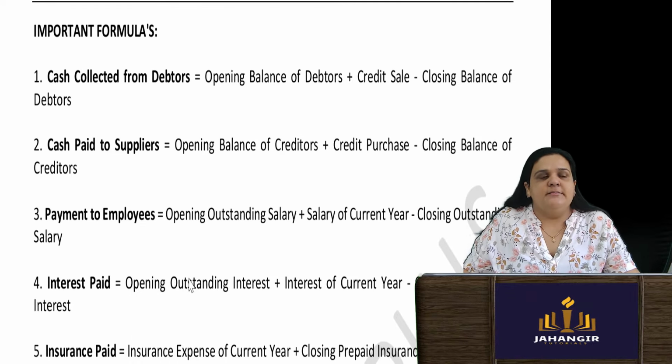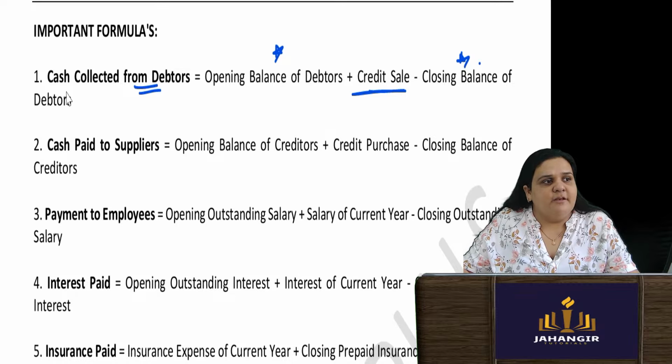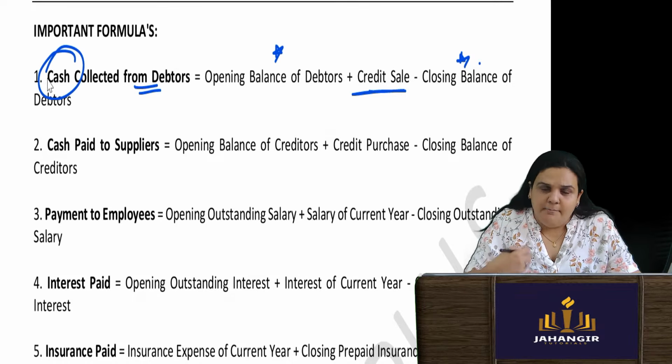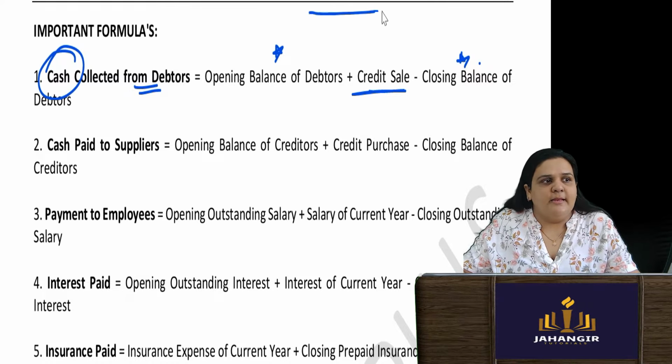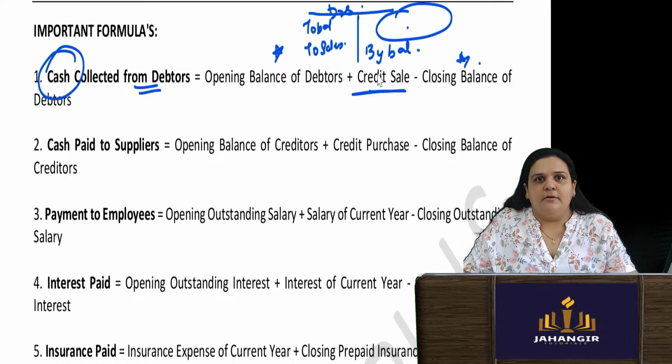There are some formulas to find cash collected from debtors if they have given you opening, closing and all that. So you have the opening balance of the debtors, you have the closing balance of the debtors, right? Opening plus credit sales minus closing balance, that will give you the balancing figure, which will be the money coming in. Even if you make the ledger of the debtors, you will write to balance, opening, by balance, closing. Okay, you have done some sales, so debtors have increased. So whatever will be the balancing figure means that you have got the money in your bank account, by bank.